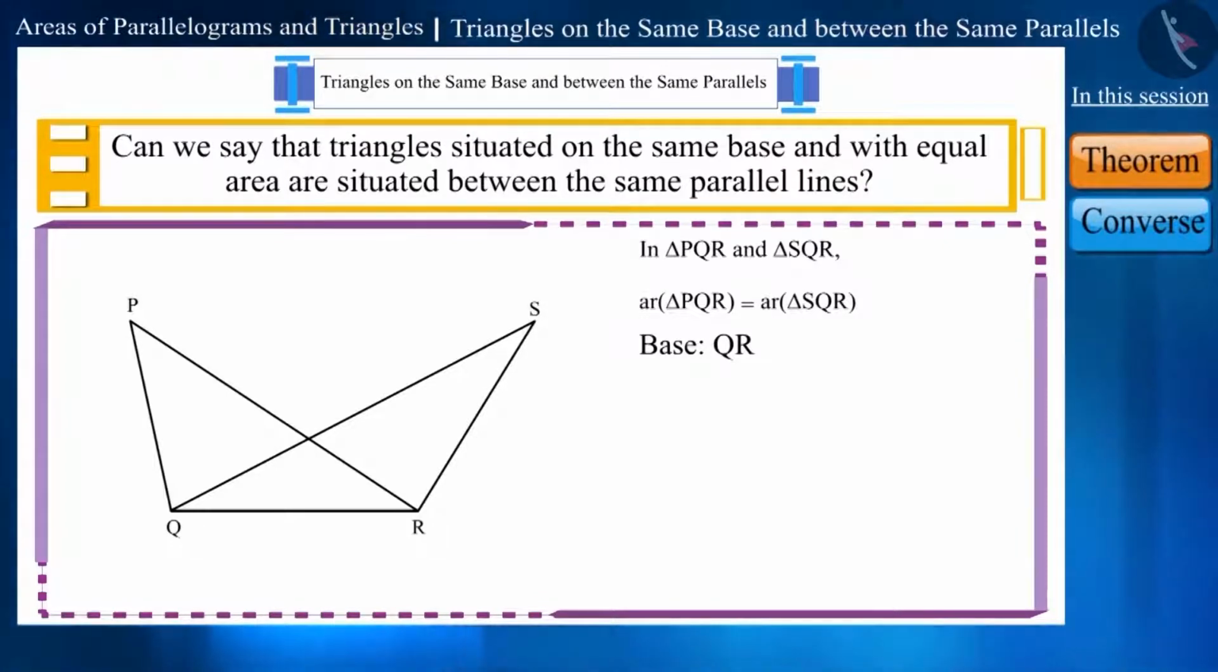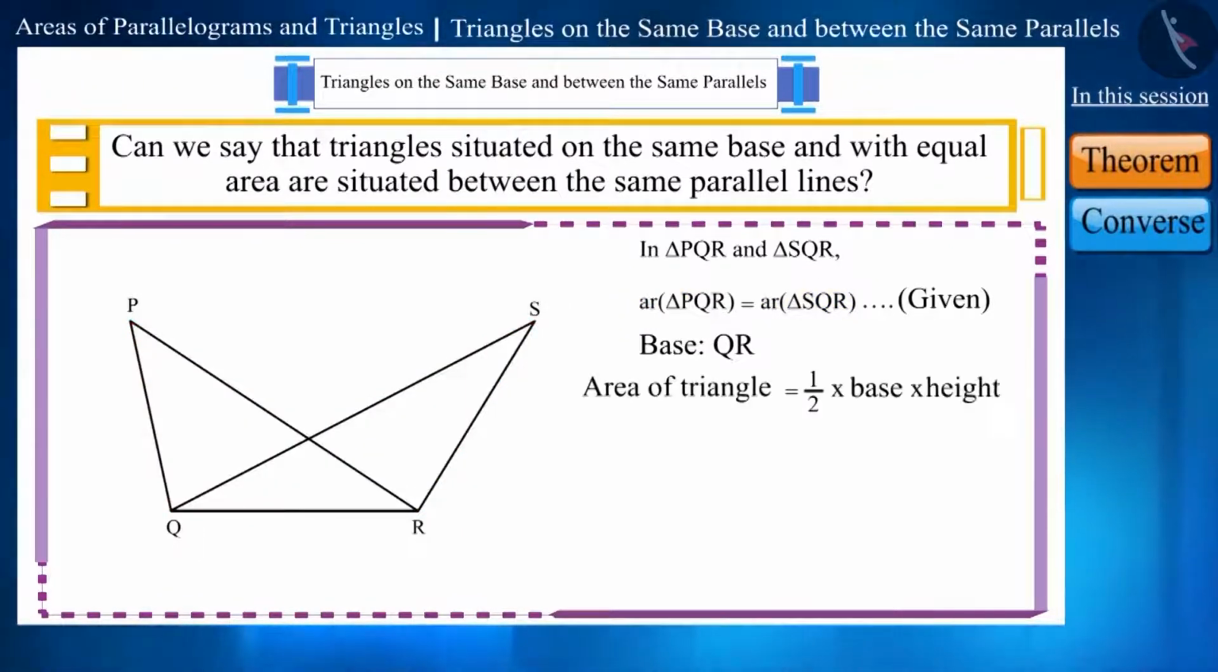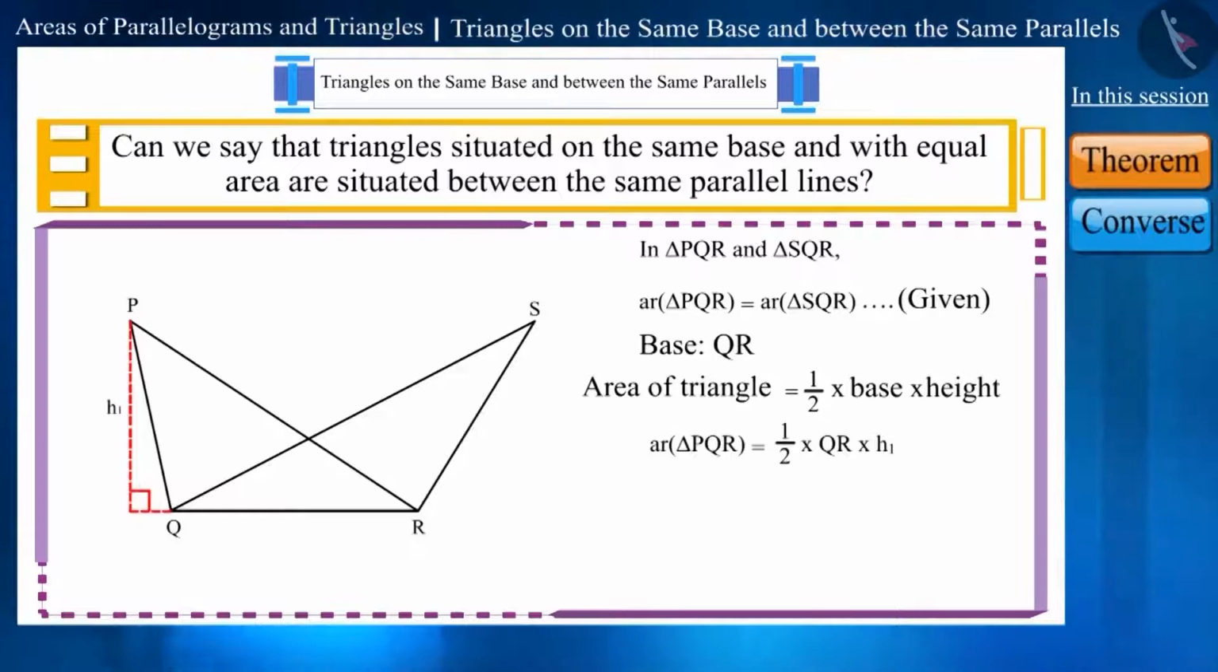Let's discuss this. The area of triangle PQR and triangle SQR is equal. We can write it like this also. Here, if we use the formula for the area of a triangle, then we'll get this: 1/2 multiplied by QR multiplied by height, where the base of triangle PQR is QR. Here, no information is given about the height. So let's take it as H1. Similarly, in triangle SQR,